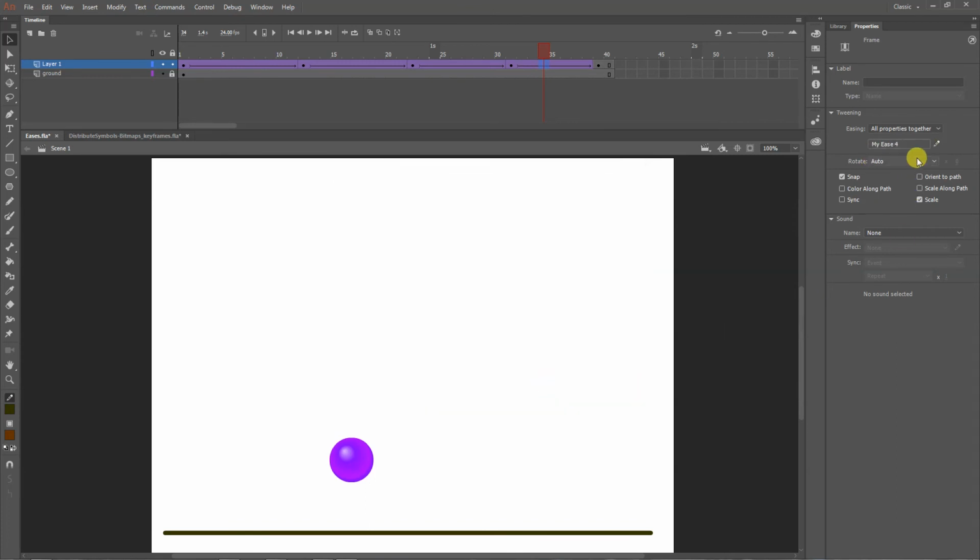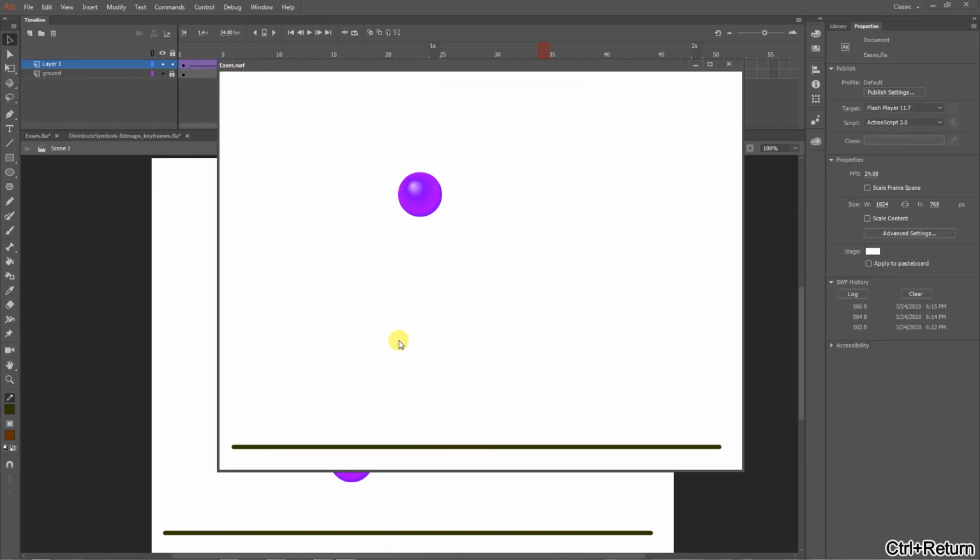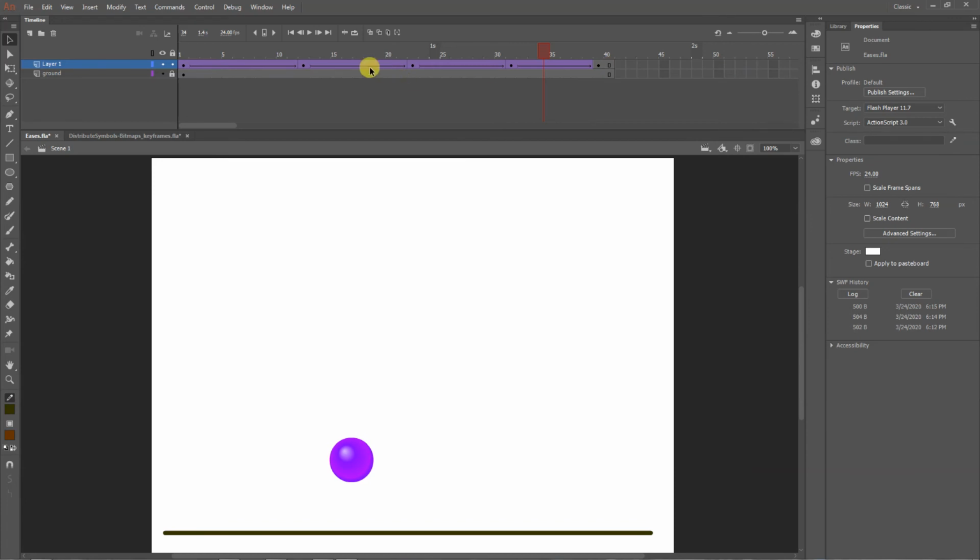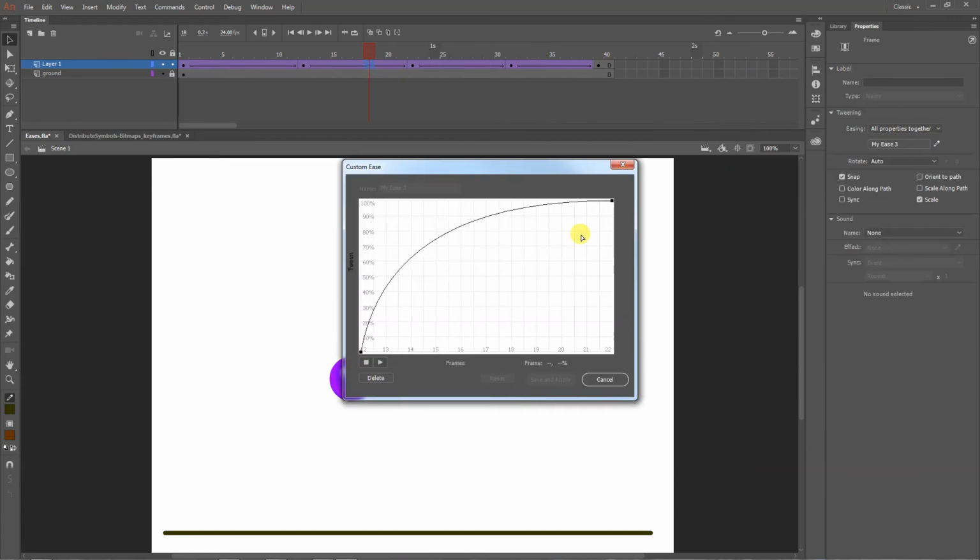Starting with one of those little graphs will get you a curve that works pretty well. Oh, so much better. I tend to skip right to the pencil, to be honest. I thought I could give you all a bit of extra help with the presets, but forget that. Use the presets to get the initial curve so you know what direction it goes in, right? So you know that an ease out, something that's slowing down, looks like this. I don't expect you to remember that off the top of your head. I don't remember that off the top of my head, right? The computer told me, oh, if you wanted to slow down, it goes steep this way at first and then shallows off. Thank you for telling me, computer.